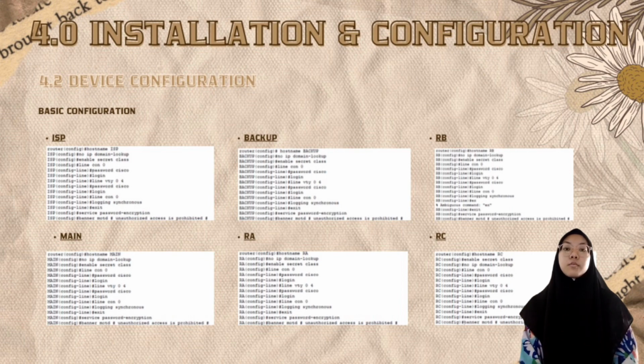First of all, we need to do the basic configuration for each router, and this is the configuration for ISP, main, backup, RA, RP, and RC.